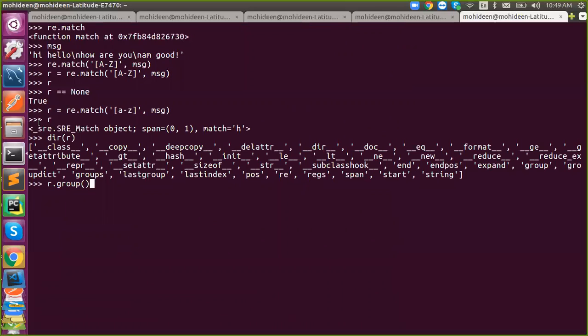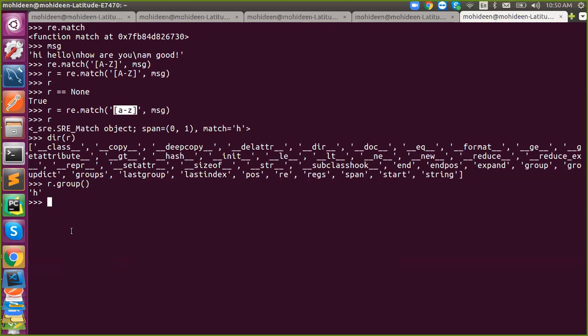You will get the first one, that is h. h was a match, because I said I want to apply this to my string. Got it? I told you match will apply your pattern only from the start of your string. So it won't match with any part. My first letter starts with lowercase, so it will simply return your first character.